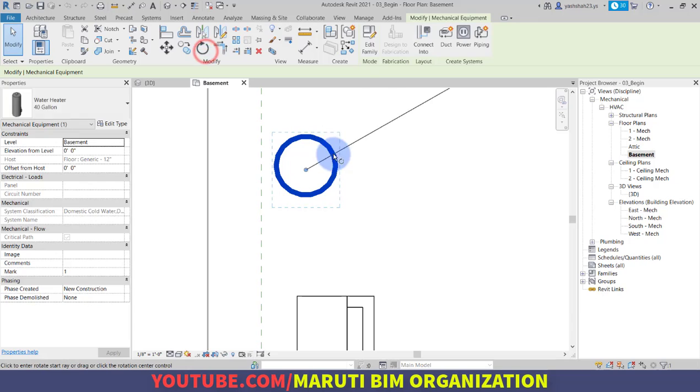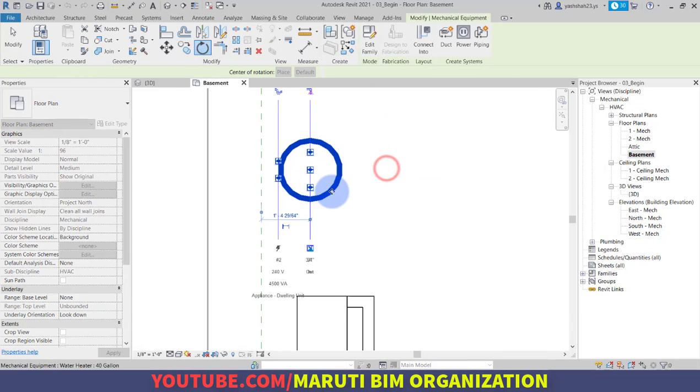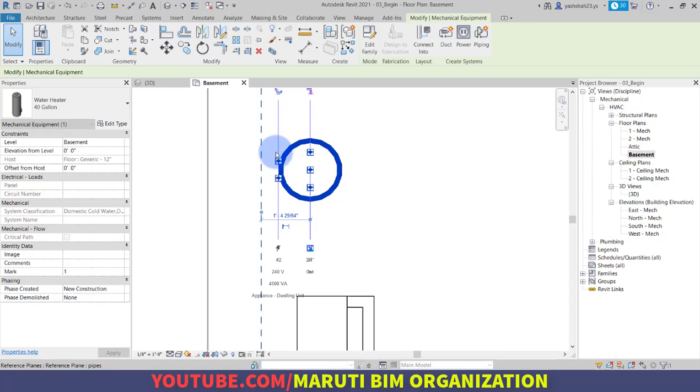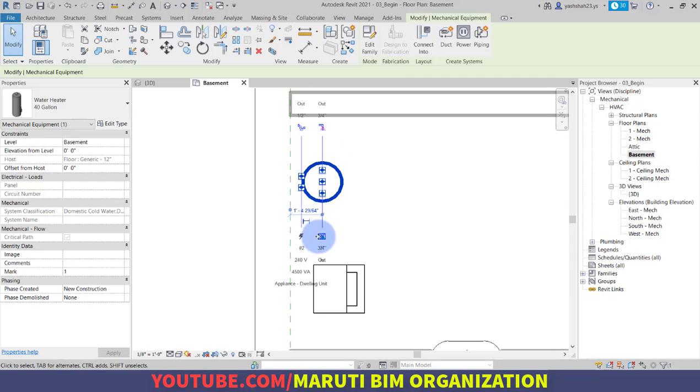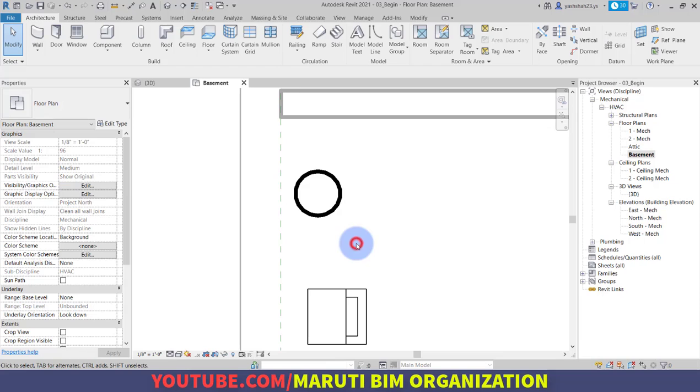First of all we will rotate this so that our water supply systems will connect like this, and all the connections are available. Here this one is our hot water supply and this side is our cold water supply. The system is now ready to create.